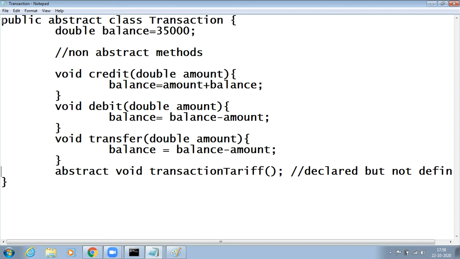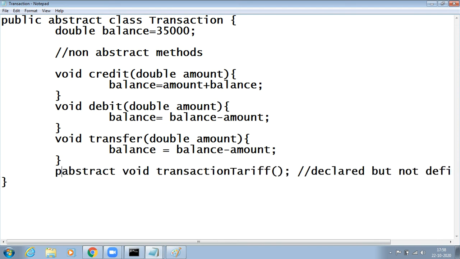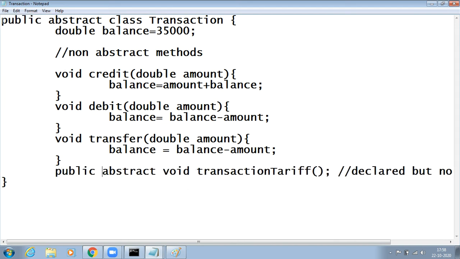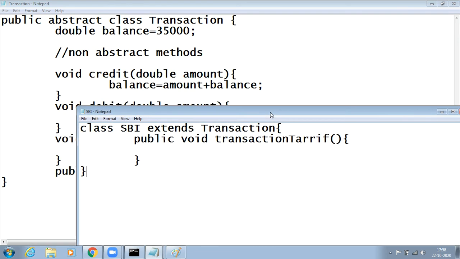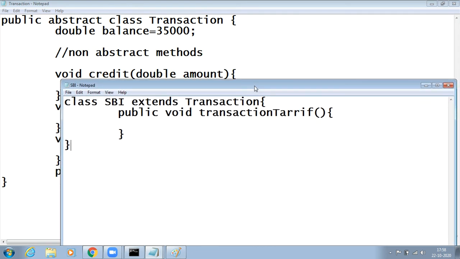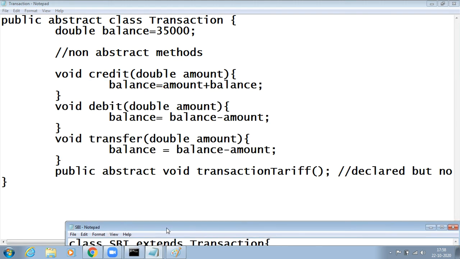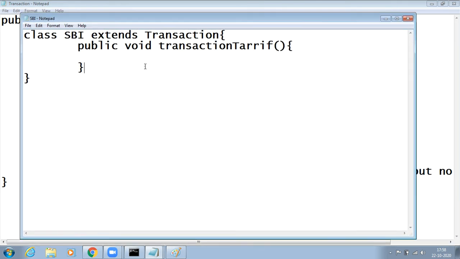It's very, very important. And also make the abstract method a public method. And when we override, also say public void transaction tariff. Okay, once check the spellings. Public void transaction tariff. Okay, spelling is right. Everything is fine now.